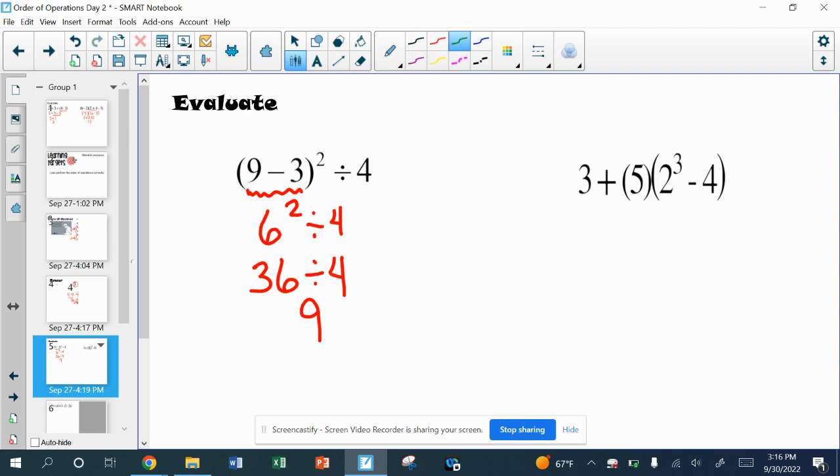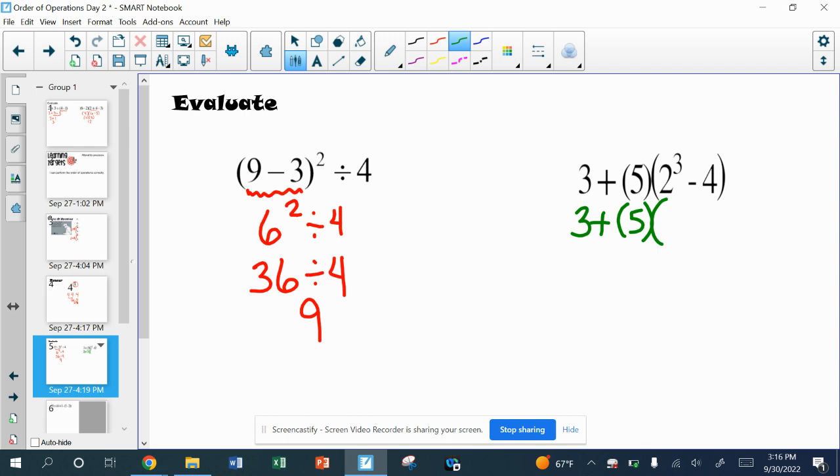Let's switch colors here. So we're going to have 3 plus. Let's keep that 5 in parentheses. Inside the parentheses, would I subtract first or would I do my exponent first? Well, we know that the exponent's going to come first from PEMDAS, or please excuse my dear Aunt Sally, but